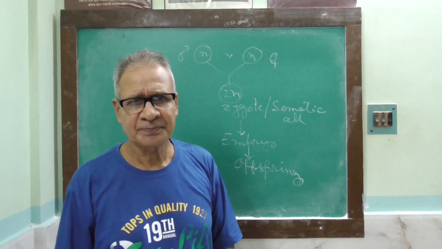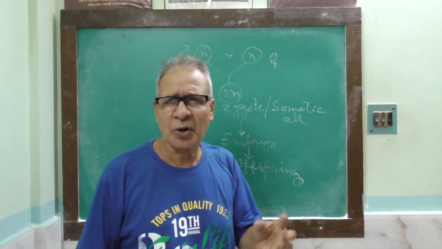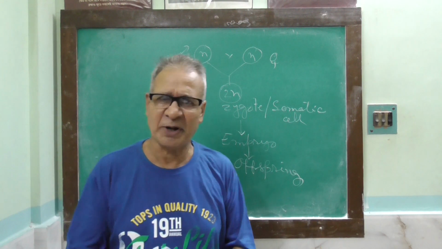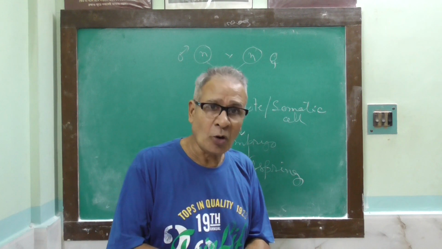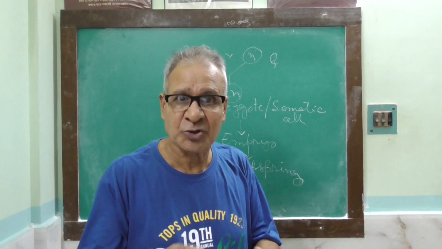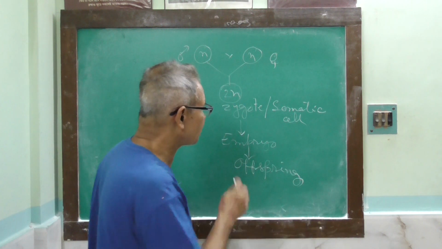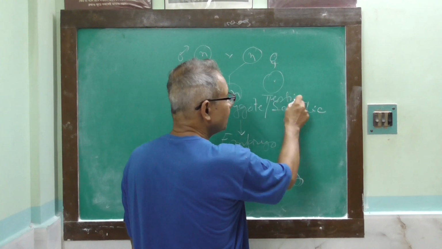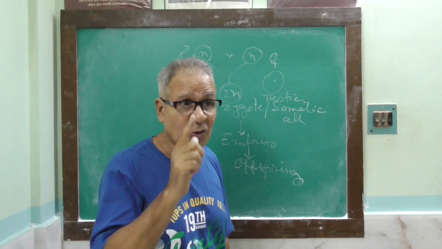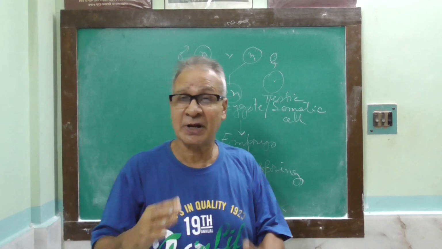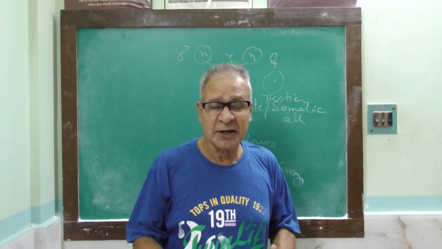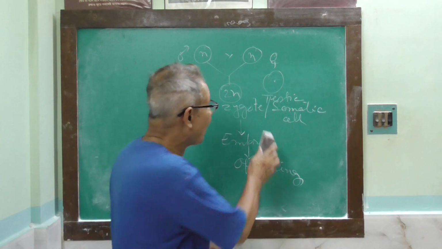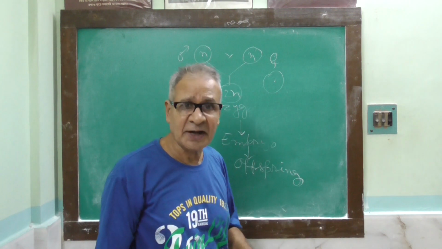As the whole body is made up of somatic cells, the reproductive organs are also made up of somatic cells. The main reproductive organs, the testis in male and ovary in female, are made up of somatic cells. So long as the offspring remains immature, the cells of the testis or ovary are regarded as somatic cells. But when this offspring attains reproductive ability, that is becomes mature, the somatic cells of the reproductive organ, the testis or ovary,